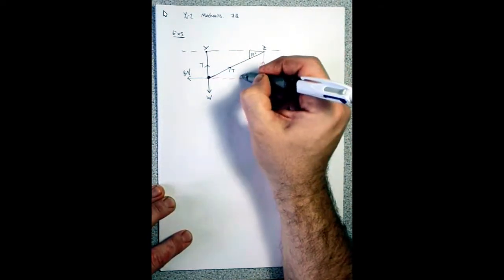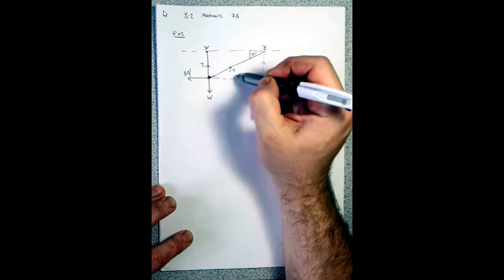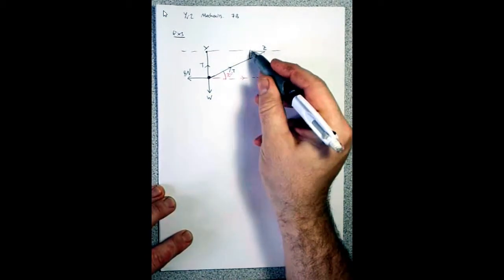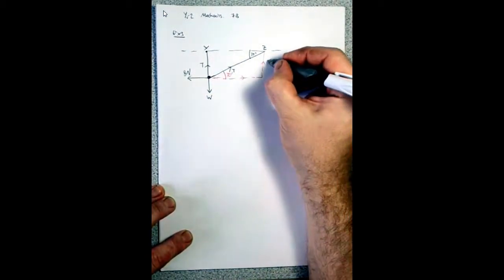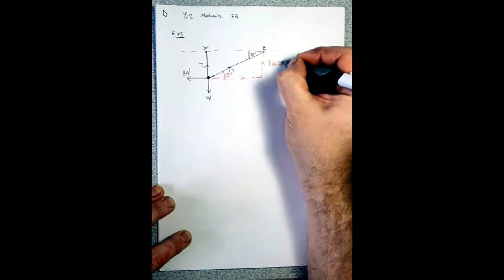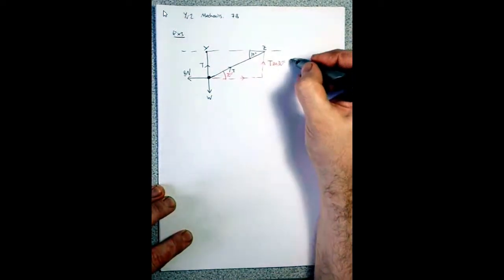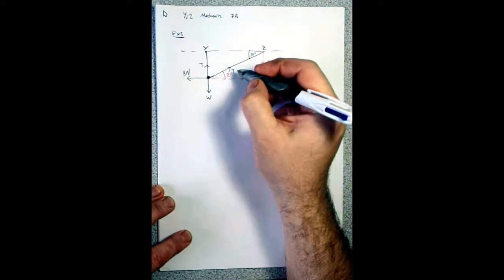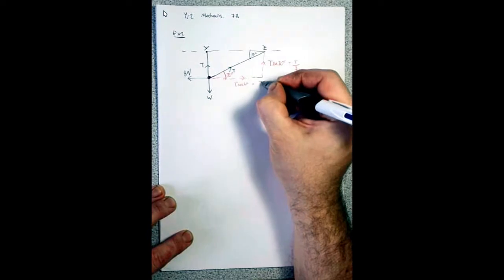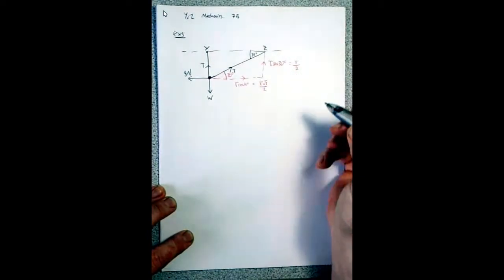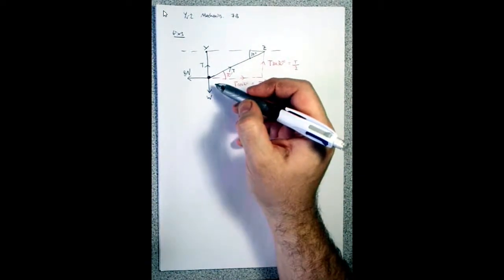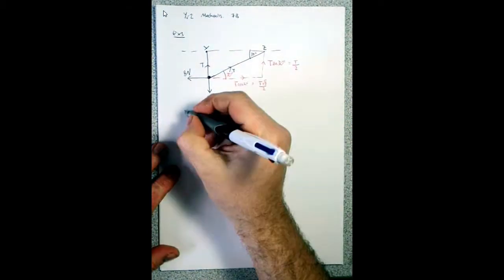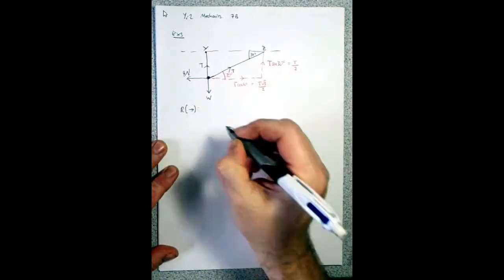Of course, it doesn't really matter whether I use the triangle above or below. I recognise that that angle there is also 30 because these angles are alternate. So this component of the T is T sine 30. Again, because sine 30 is nice, I can call it half T. This is T cos 30, which of course is T root 3 over 2. And then I just resolve in the horizontal and vertical directions. So if I resolve horizontally,